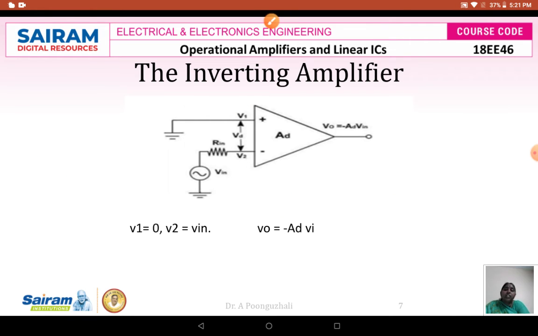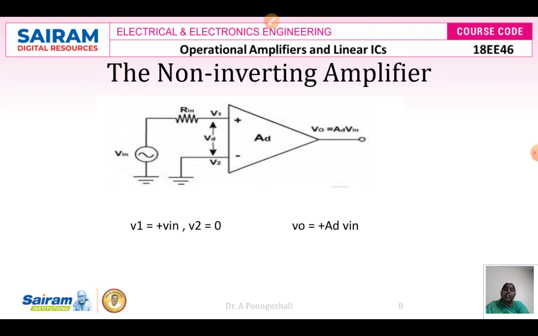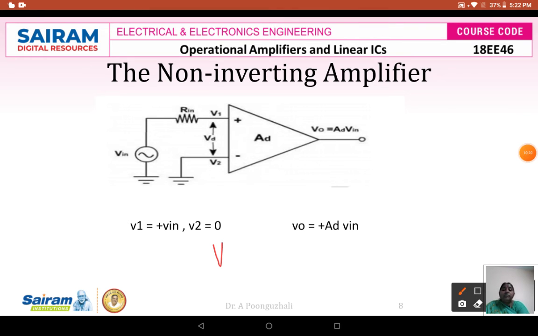Next, we are going to go for a non-inverting amplifier. In a non-inverting amplifier, your input we are going to give to the non-inverting terminal, and the inverting terminal we are going to ground. So when I ground it, my output is going to be here. Your expression is going to be V0 equivalent to AD into, what is the voltage at the non-inverting terminal? That is your V1. The voltage at your inverting terminal is going to be just inverted, so minus V2 here.